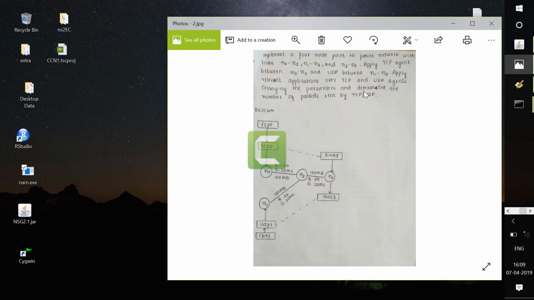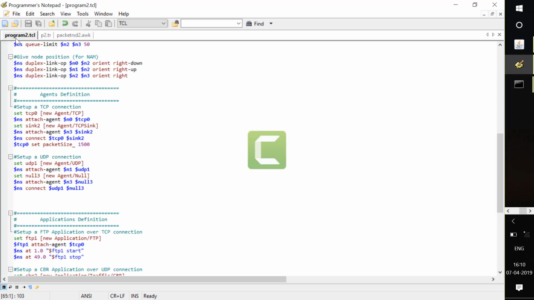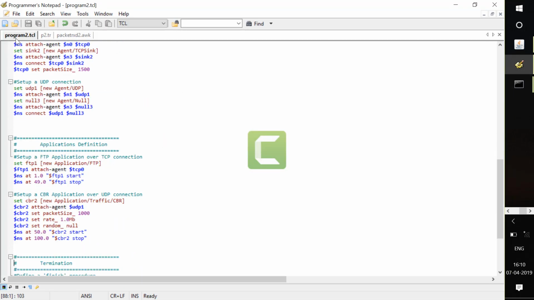Here they have clearly mentioned to determine the number of packets sent by TCP and UDP. Next, what you can do here is change the timing again. They have not specified, as in the first experiment where you need to change the bandwidth only. You can change the time period here.